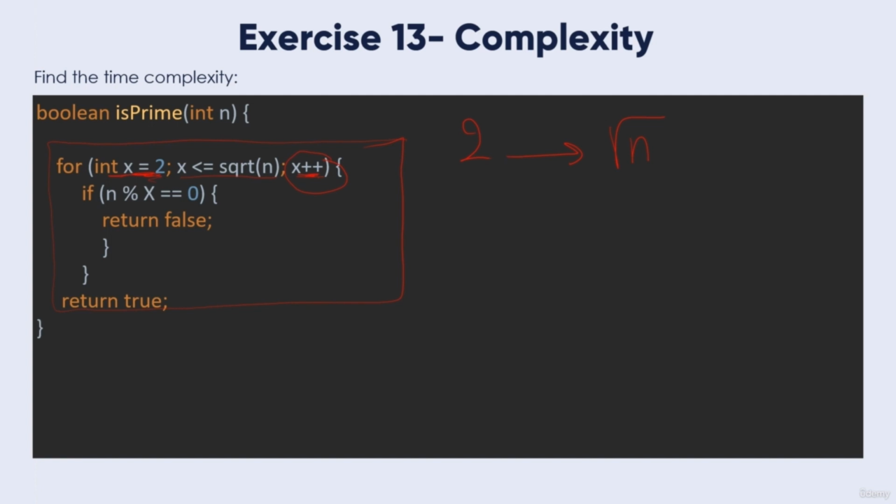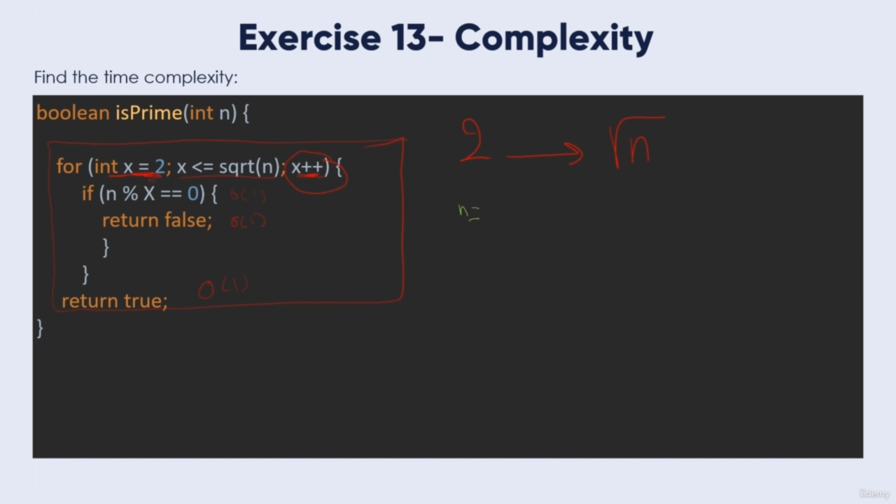If n modulo x equals 0, then return false. This is O of 1, returning is O of 1, and return true is O of 1. So what determines the algorithm is the initial condition, the stopping condition, and the way of incrementing a loop. So the loop here will determine the algorithm's time complexity. Let's take an example of taking n equal